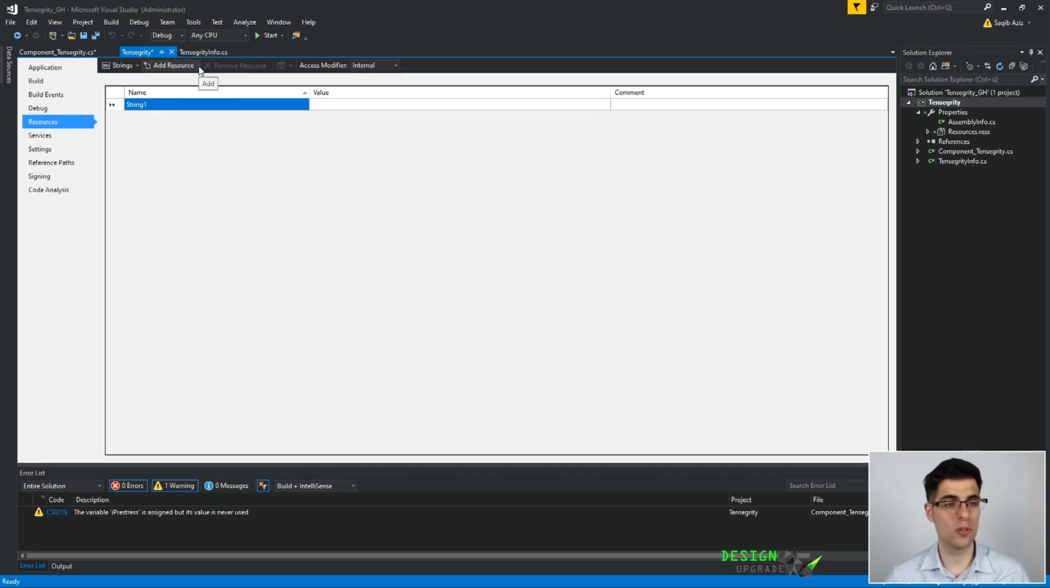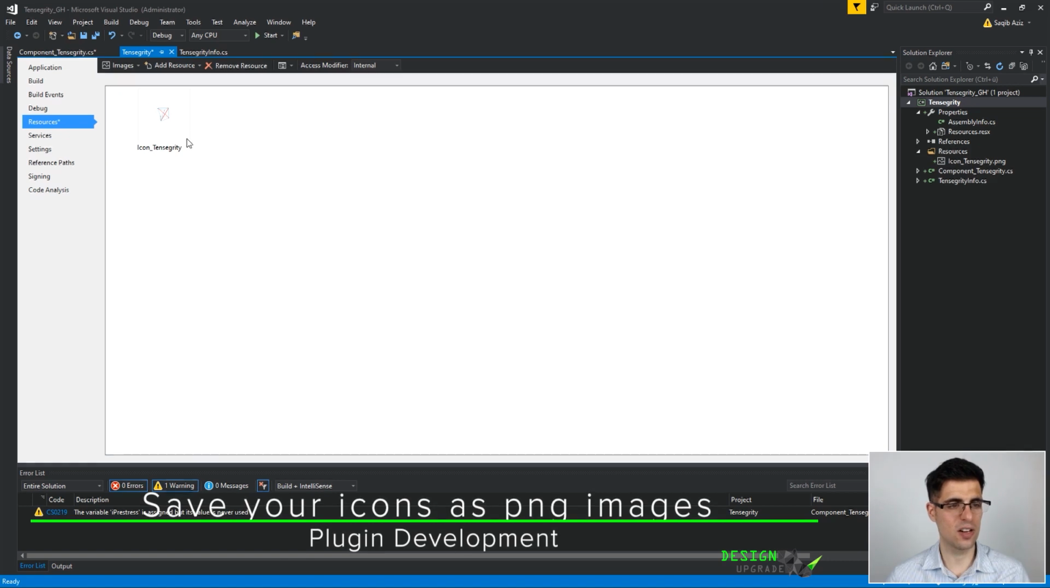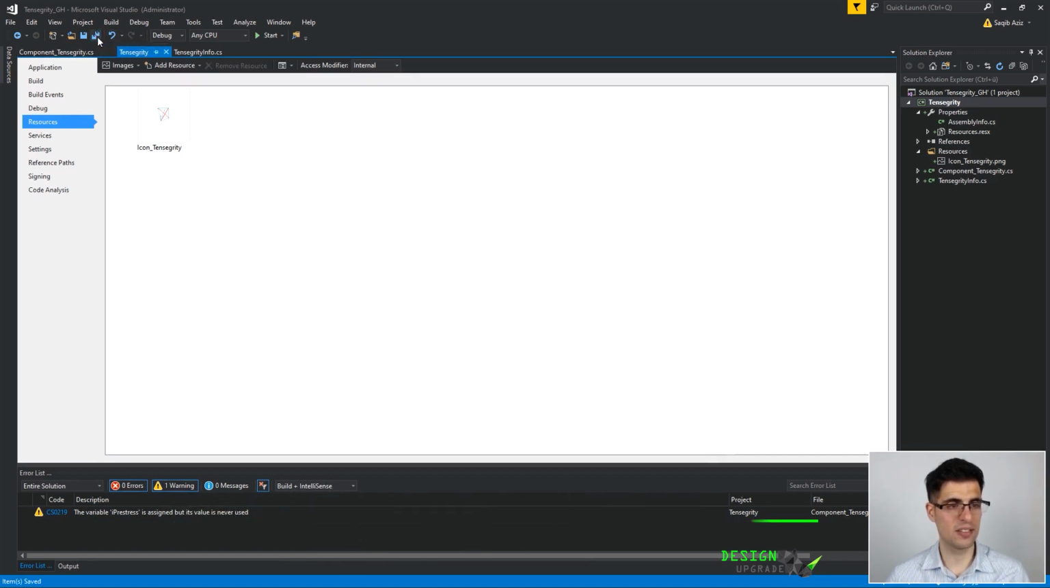So now what you have to do is come to add resource, and then you are not going to click here, but you are going to click on add existing file. I already have my icons here, and now I'm going to add the icon for my Tensegrity component, like that. The icons, as you see, are basically images that are just 24 by 24 pixels, and it's good if you can save them as PNG images so that you can erase the background and they look like nice transparent icons. So let's add this icon like that, and now we have to save this,